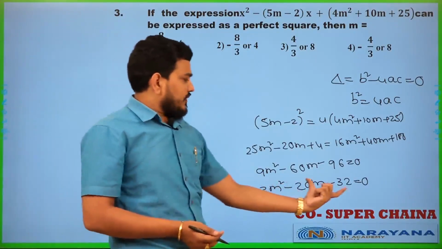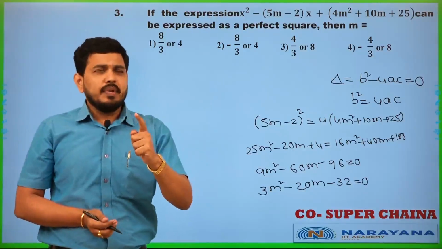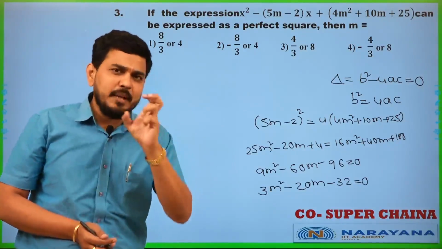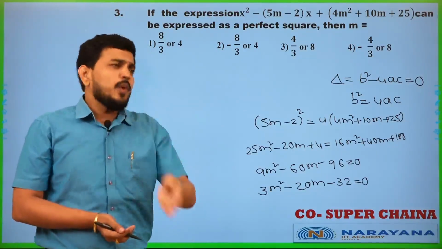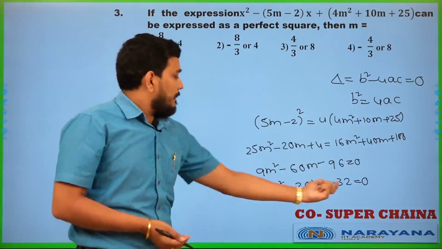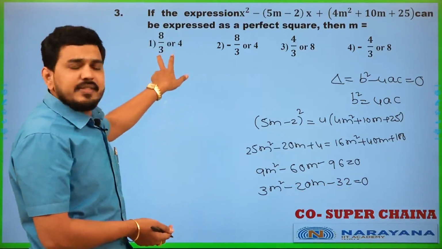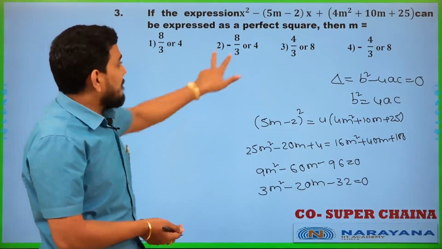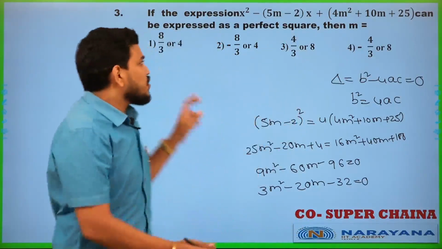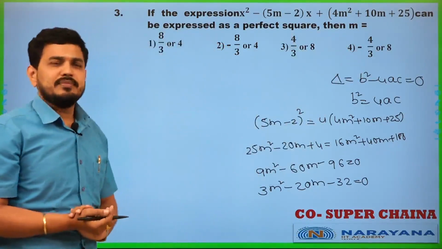What is the product of the roots? Because in a competitive exam, when the options are there, you have to minimize the time. You need not wait till the completion of the question. So here, the product of the roots is minus 32 by 3. Here the products are 32 by 3, minus 32 by 3, plus 32 by 3, minus 32 by 3. So one of these answers may hold good.